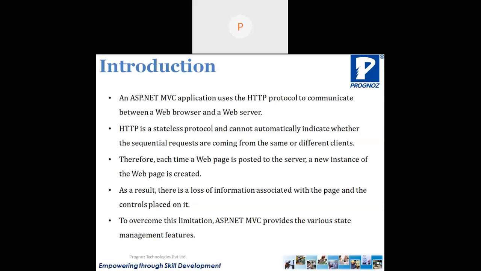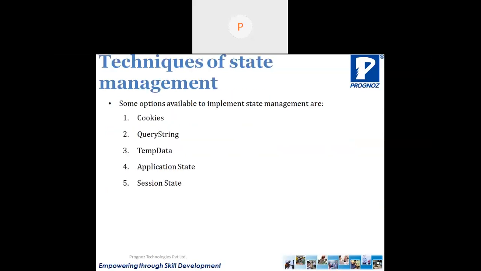To overcome this limitation, MVC provides various state management features. Here we have a total of 5 features: cookies, query string, temp data, application, and session state. We have already seen cookies, query string, application, and session. Only the temp data concept is new.